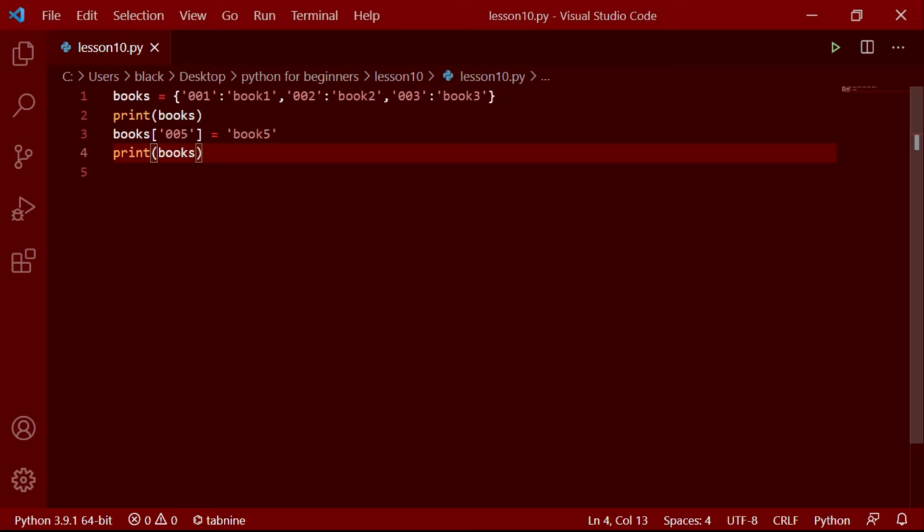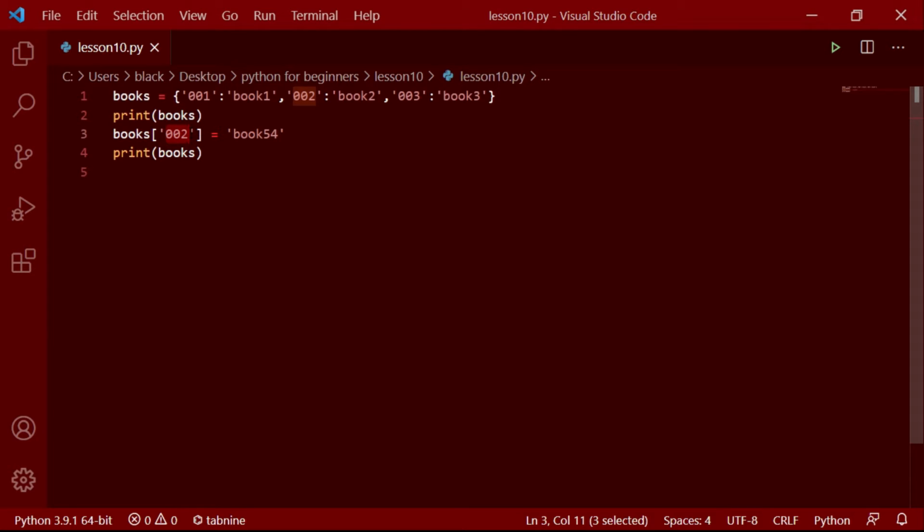Now let's say we already have the key which we are going to type here. For example, we already have this 002 key. If I add book 54 here and save it, what should happen? Actually, it does not add this 002 key again, because a dictionary cannot have two same keys.